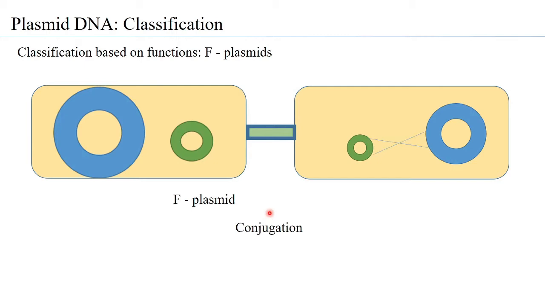And another important and interesting fact is that what was also observed is that the plasmid DNA can also integrate itself into the genomic DNA. Now, when it integrates itself in the genomic DNA, the plasmid is then considered to be an episomal plasmid. So, when the need arises, it can integrate into the genomic DNA, and when needed, it can also get itself extracted out from the genomic DNA.